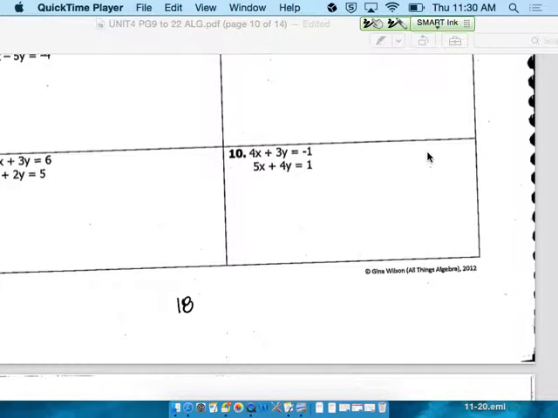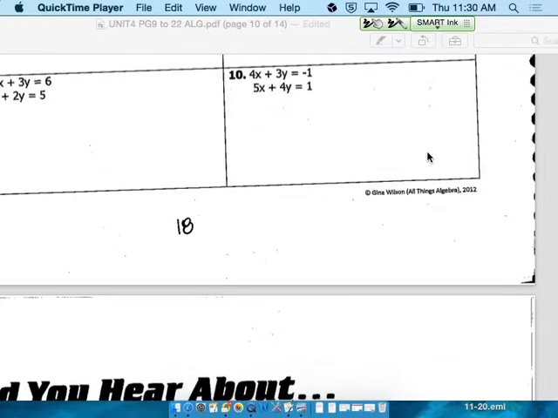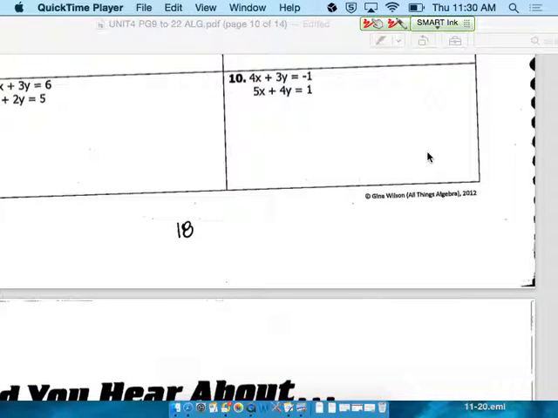Let's look at number 10 on the video. So in number 10, analyzing this, once again I have no matching terms, so I'm going to go for eliminating x. So I'm going to take the first equation and multiply it by 5 because I'm going to try to give the equations alternating 20s, +20, -20 coefficients. So that means my first equation becomes this,